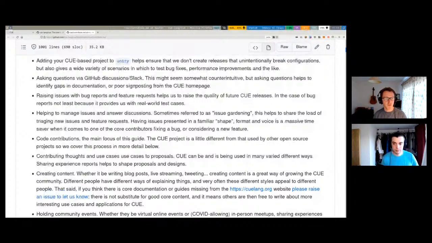The next bullet point that I've got down there is creating content. This is a fantastic way of contributing. And we mentioned John Arundel's blog post about Q in the town hall, and it got some more publicity yesterday. It's a fantastic way of helping to grow the Q community, whether it be a blog post or a live stream or tweeting. Different people have different ways of explaining things, and those different styles are very often appealing to different people,